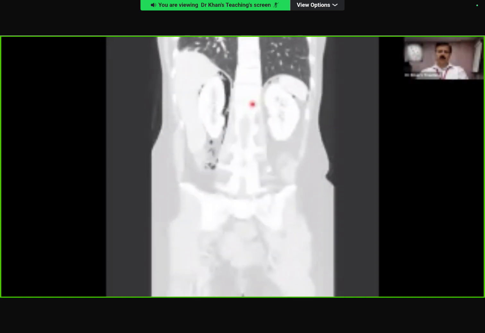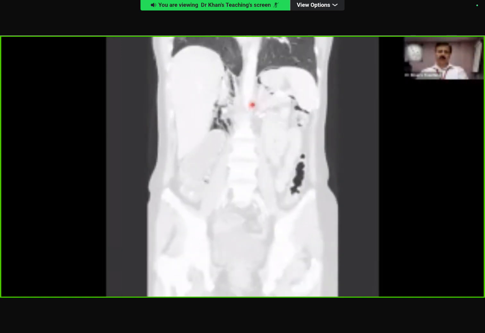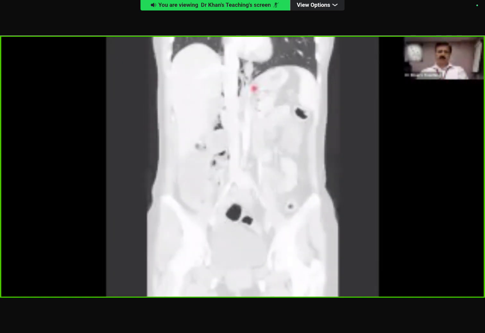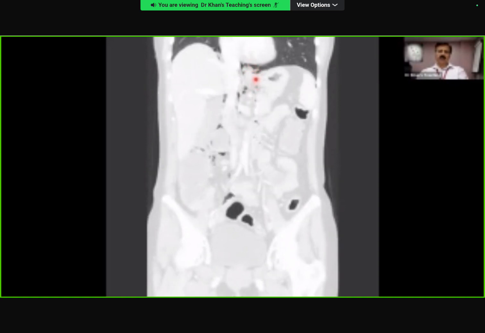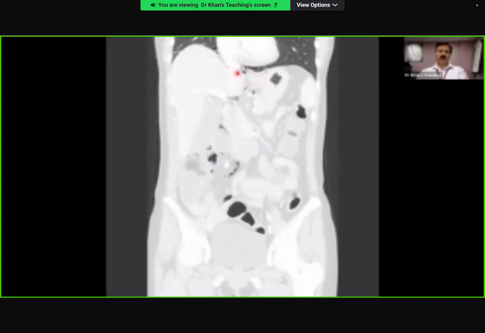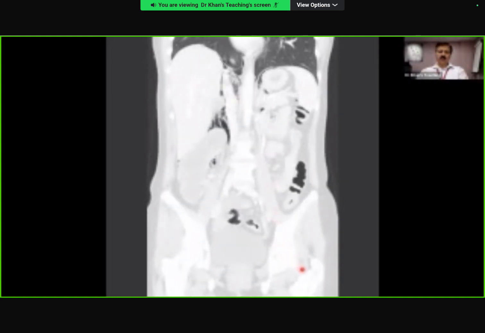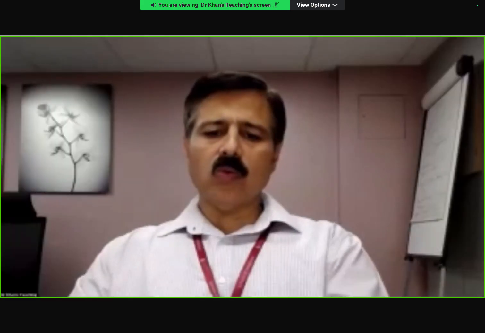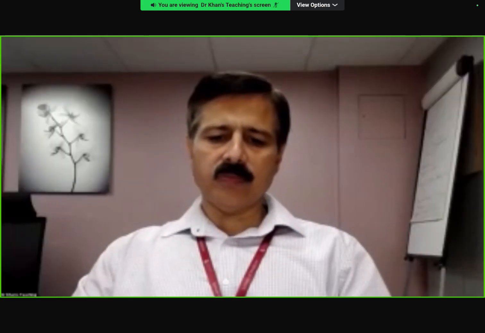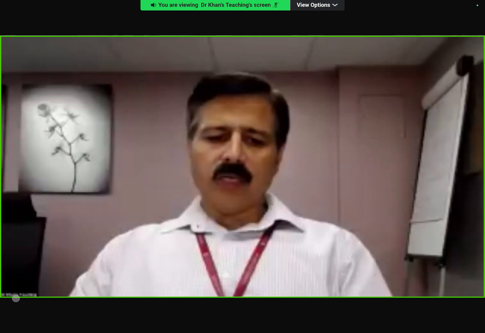And another thing is that gas can go from the mediastinum into the retroperitoneum, also the peritoneal cavity, and vice versa. Do you see how it is going superiorly? So through this hiatus, and now it is going into the mediastinum. So I'm just showing you to develop your concepts of what exactly can happen. Okay, now